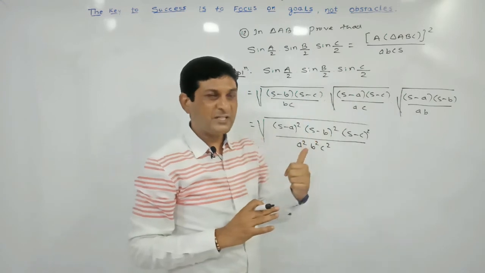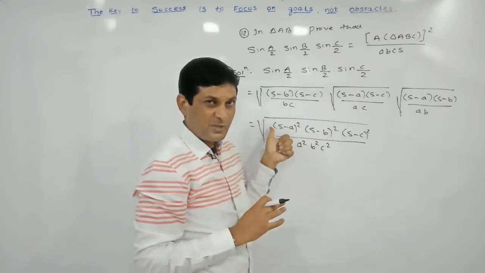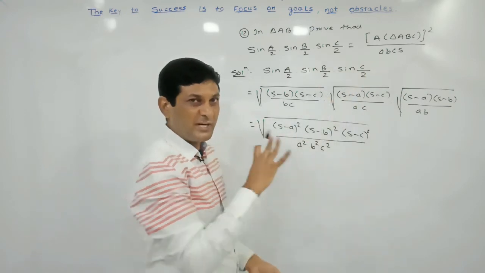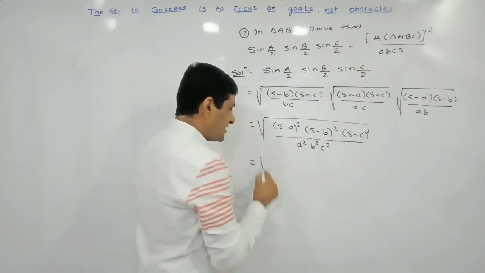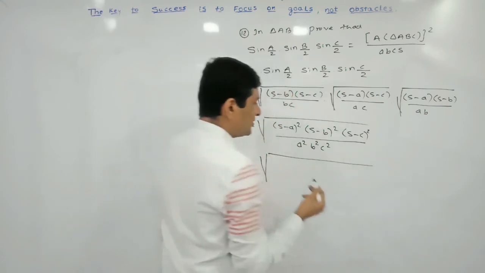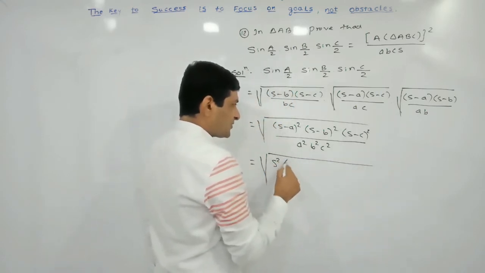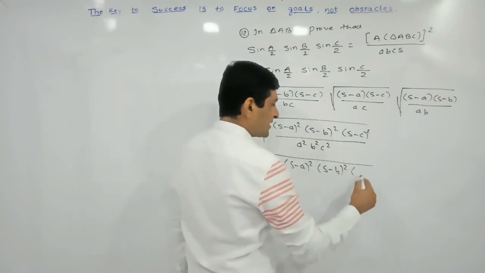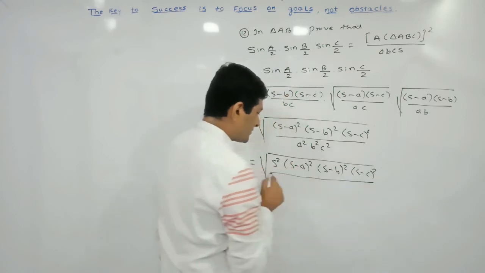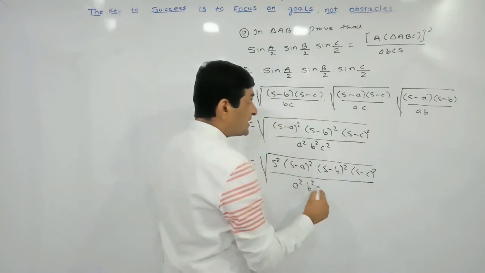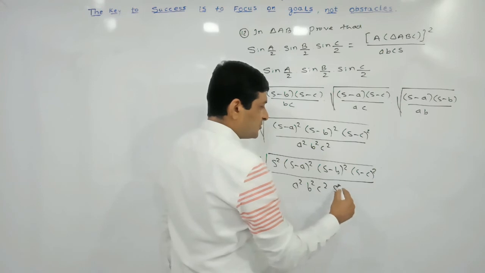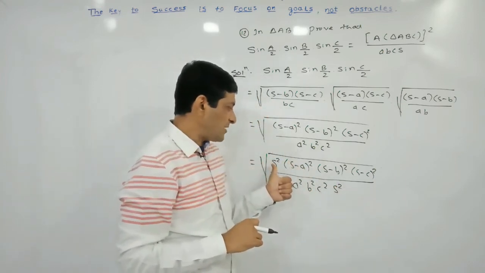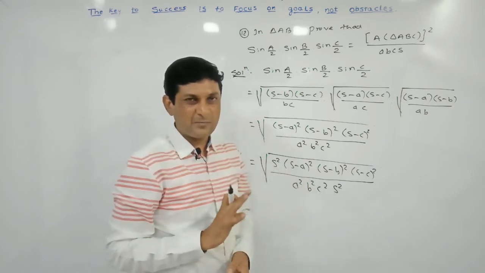Now to arrange the terms in the form of the area of triangle ABC, here we will require s also. But all the terms are squares, and the required result also is in terms of squares, and the numerator is in terms of squares. That's why we are multiplying the numerator and denominator by s square. So s square into (s - a) whole square into (s - b) whole square into (s - c) whole square. In the denominator, a square, b square, c square, keep it as it is. We are multiplying the denominator also by s square. Simply, in this step we are multiplying the numerator and denominator by s square.